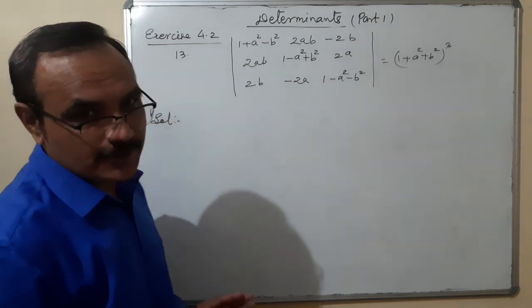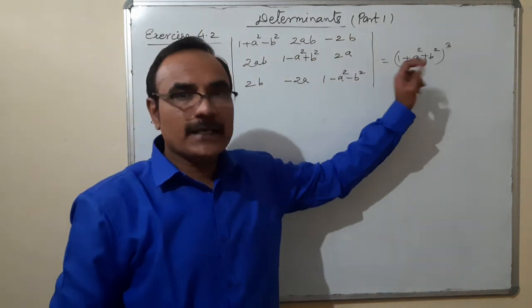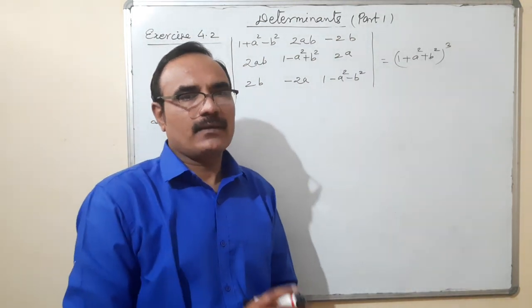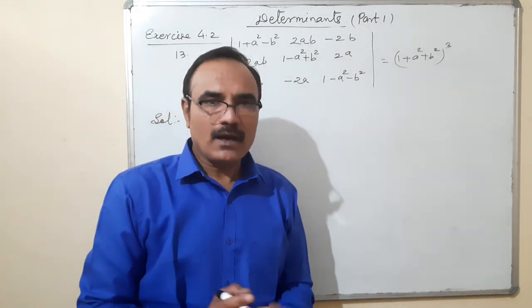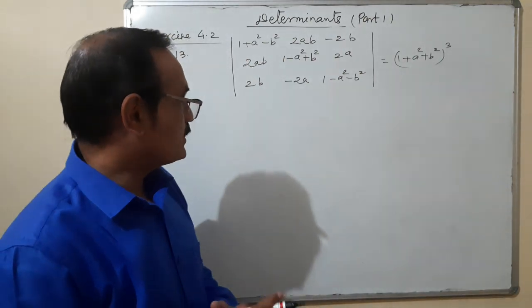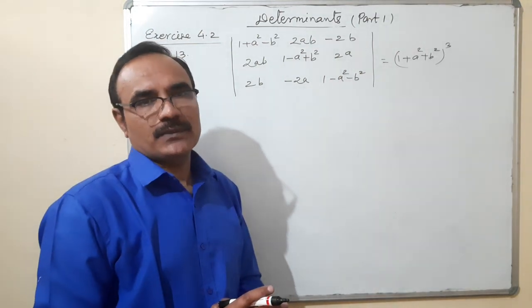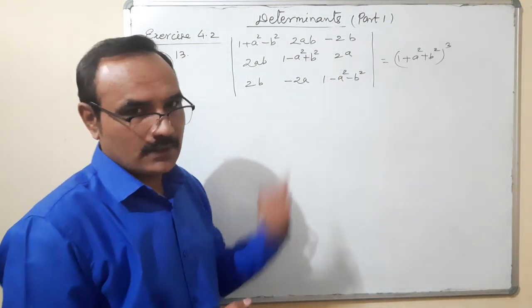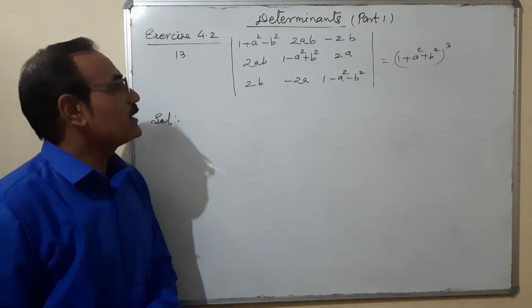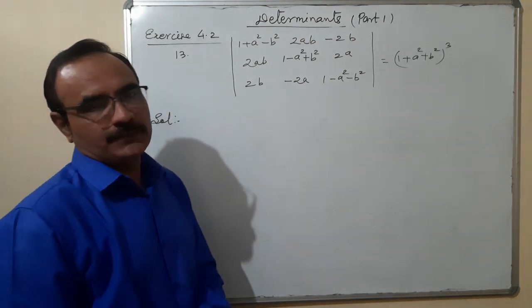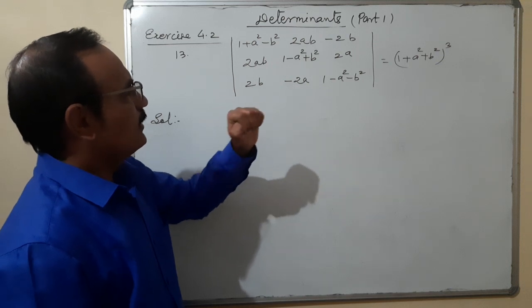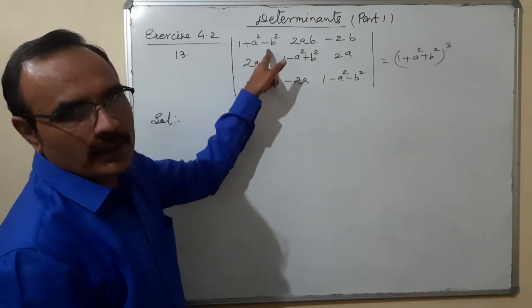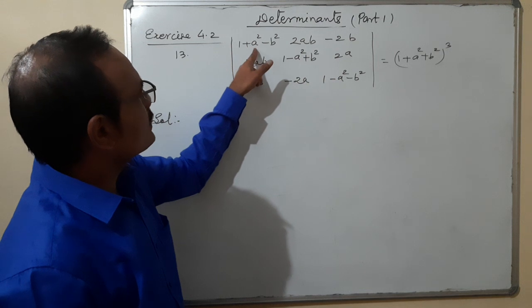It's a very interesting question. We focus on the right hand side term, 1 plus a square plus b square. How to make elements in the form of 1 plus a square plus b square? That is, I think, the biggest task in this question. We are not getting anywhere. If you see carefully, this element number 1, a11, 1 plus a square is already here.